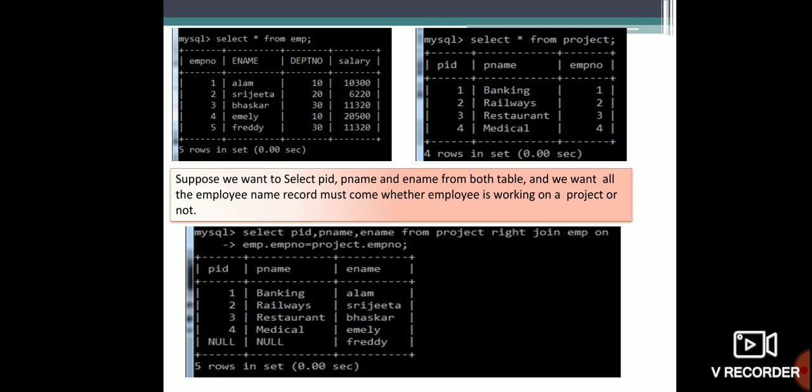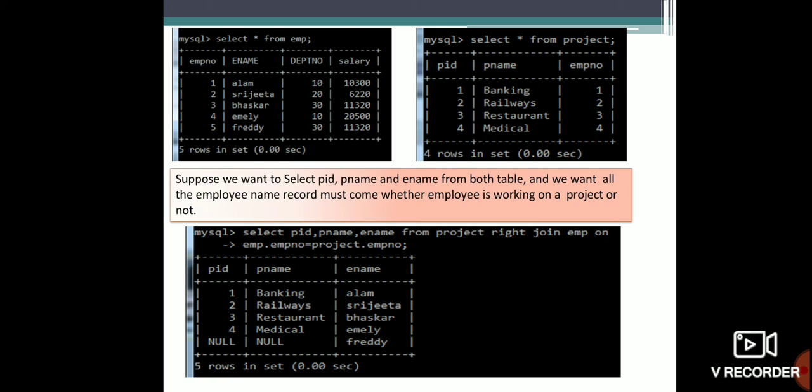So what is the common part here? Employee number is the common part. We have to remember this. So select PID comma P name comma E name from project right join employee on employee dot employee number equal to project dot employee number. So what will be the output? Since the fifth employee number is mentioned in employee, but in PID there is no fifth ID, it will be null.